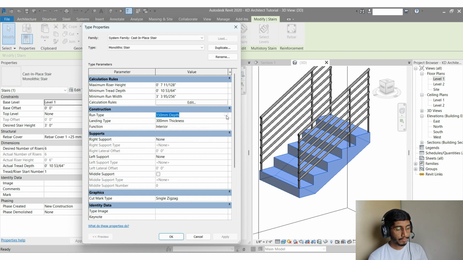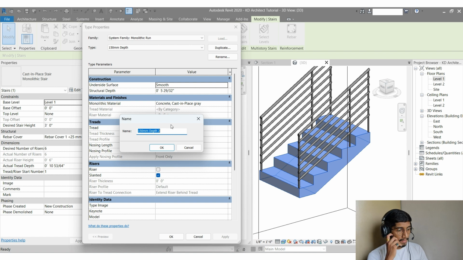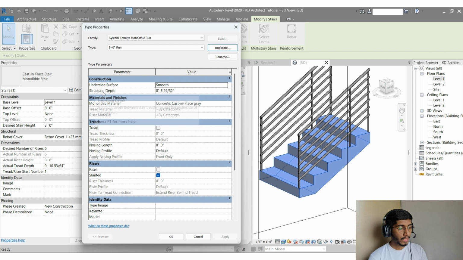For that, select this three-dot option, and here we'll duplicate the monolithic run type. Here let's say 3 feet 0-inch run. Let's assign this name, click on OK,